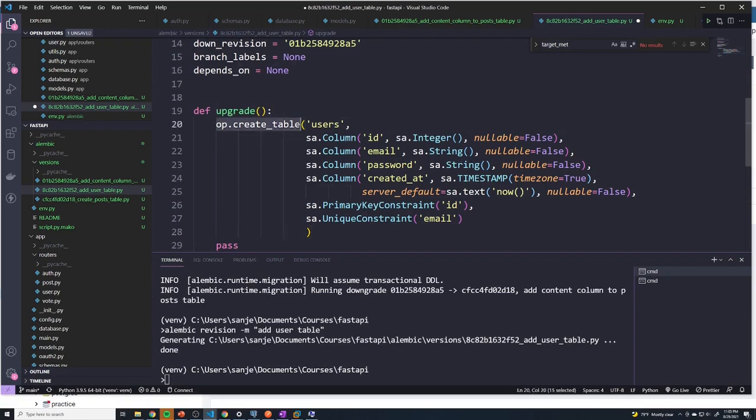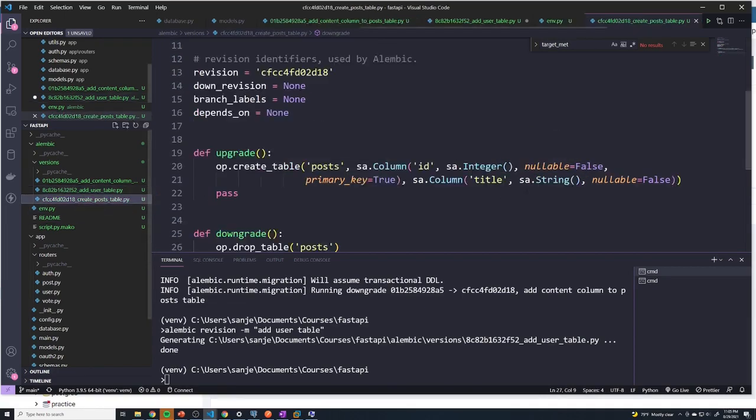So once again, we're using the create table method. We're going to create a table called users, and then we're going to set up all of our columns. So we've got a column called ID, which is an integer set to nullable equals false. You notice how I haven't set this to be the primary key here? That's because there are 2 different ways to set the primary key. If we go back to the previous one,